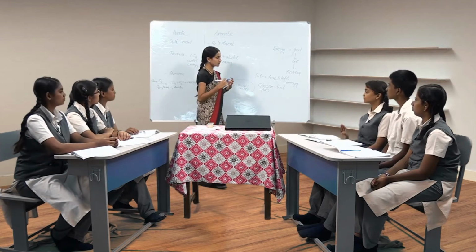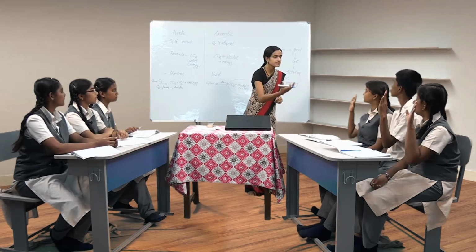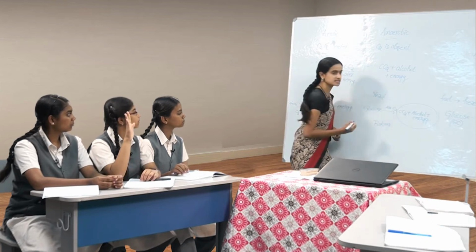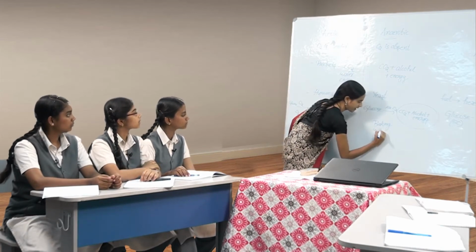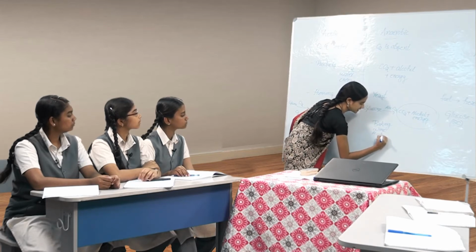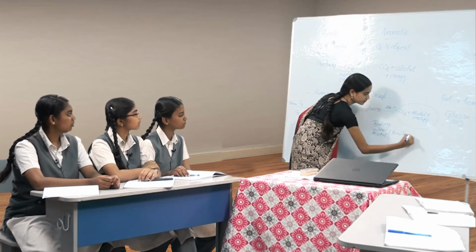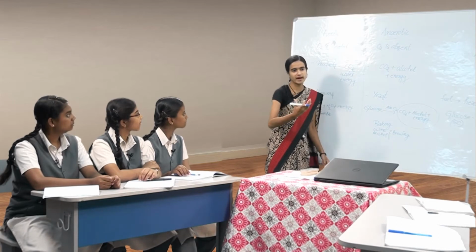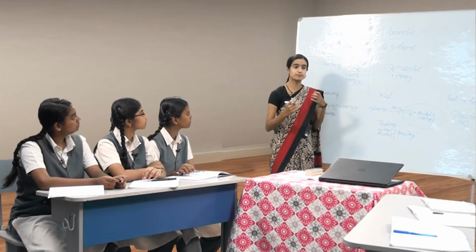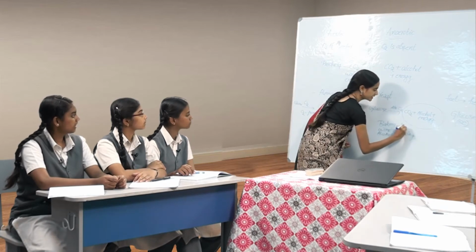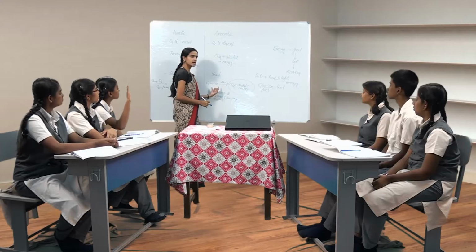Now, anaerobic respiration. What is the use of yeast, or in which industry is it used? Ma'am, it is used in baking industries and all. Okay, very good. So this is used in baking industry, and any other industries? Ma'am, wine. Very good. Wine making, alcohol. So majorly we can tell that it is used in baking and brewing industry. Have you heard this word, brewing? No, ma'am. Okay, so the making of wine, making of alcohol, all this kind of industries is called the brewing industry. So mainly it is used in baking and brewing industry. You tell me how? Because it has alcohol as a product of its respiration. Okay, so it has alcohol in the process of anaerobic respiration.